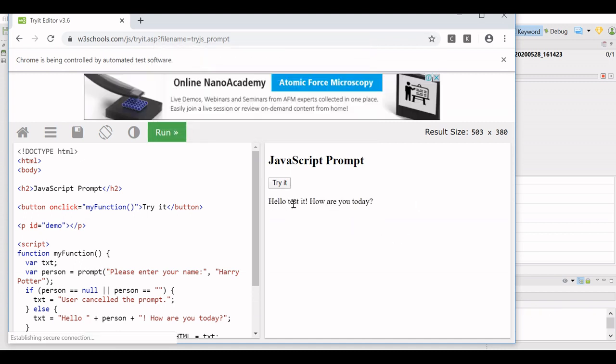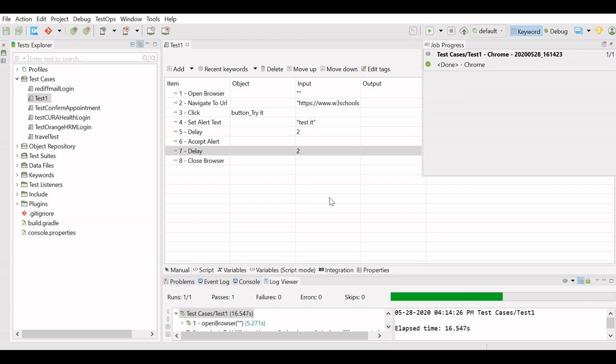And here you see it accepting the word tested. So our test is passed. It accepted the set alert text.